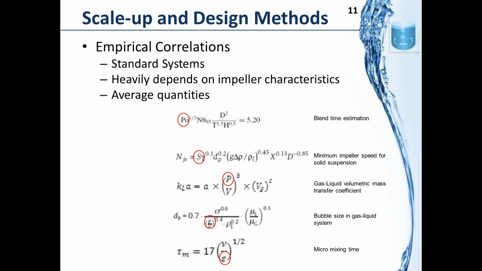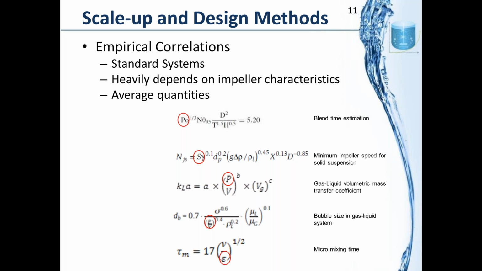However, they heavily depend upon the impeller characteristic, which is the power number or flow number of an impeller. So to use correlations, the accurate estimation of the impeller characteristic, impeller power number and flow number, is necessary to get an accurate estimation of our scale-up parameter. And this